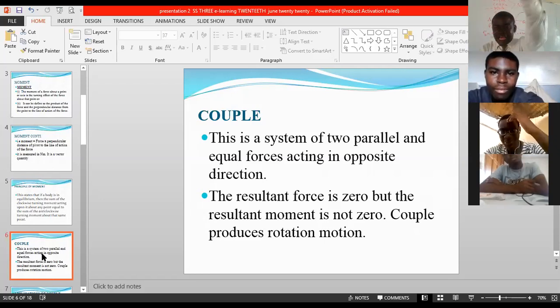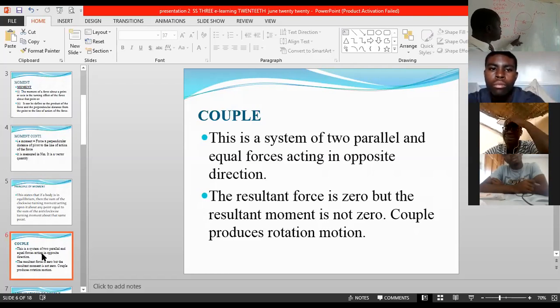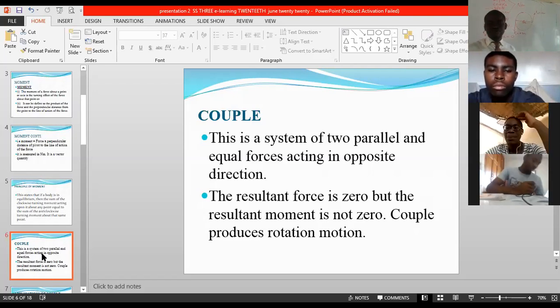If one force is greater than the other, definitely you will negotiate a bend to the right. And if the one from your right is greater, that means you will negotiate a bend to the left. So they must be equal and opposite. Are you following now? So the couple forces must be equal and opposite. Now, we said the resultant force is 0. That means if you add plus 3 to minus 3, the answer will be 0.